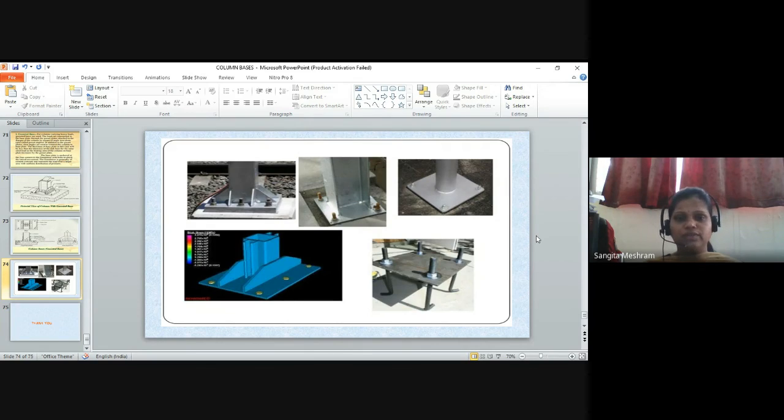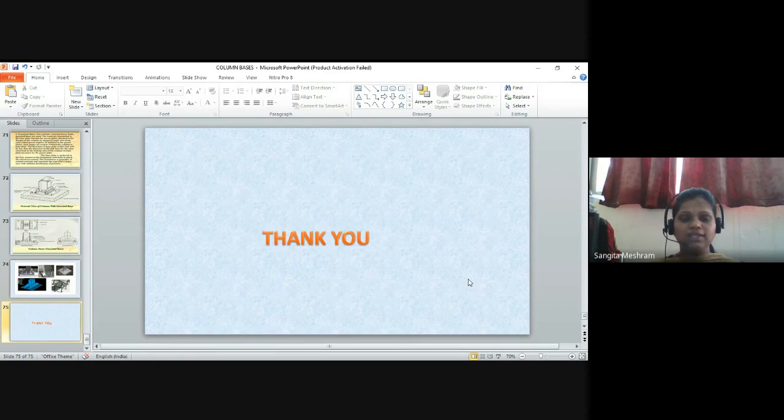In case of railways, sleepers, or column connections, we can use this gusseted base and slab base also. The slab base is directly connected, and in the other we are using the gusset angles, gusset plate. So that type of base is nothing but gusseted base. If we are connecting the column with the base, we can use a different system. It may be slab base or gusseted base. So this is all related with the column bases. Thank you.